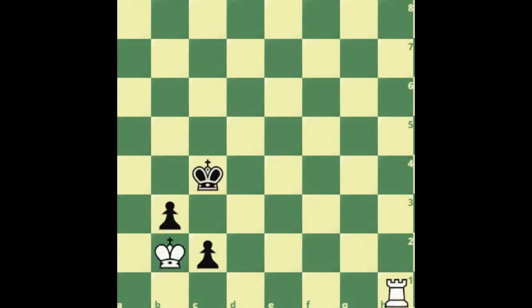Now we need to play rook to h3. The idea is to take this pawn while the king guards this square, but we have to be careful and do it properly. Now the king is forced to play b4, because king d4 loses both pawns, and so king b4 to keep protecting the b3 pawn,